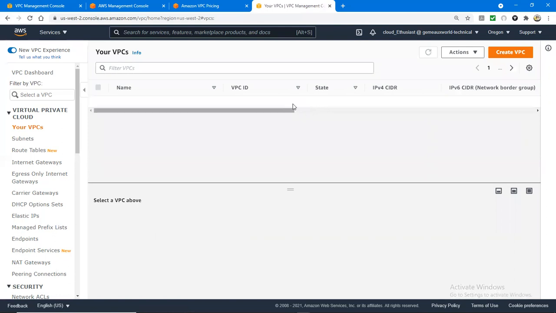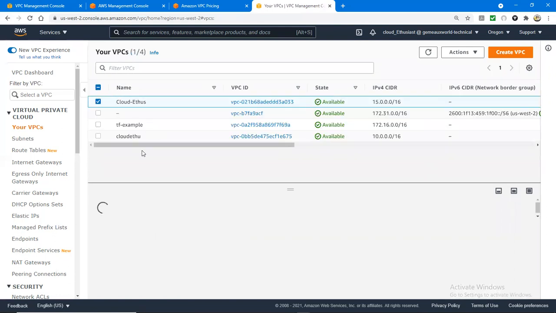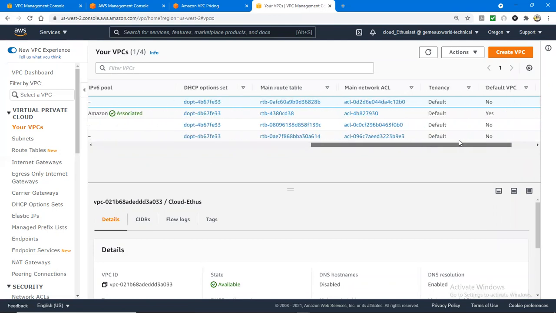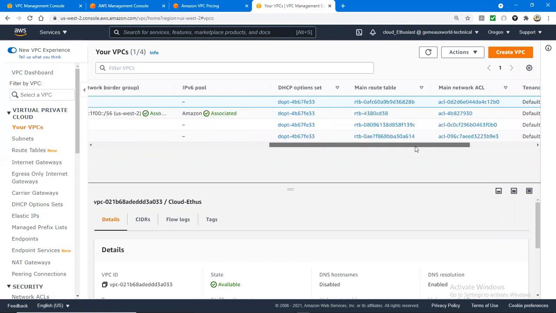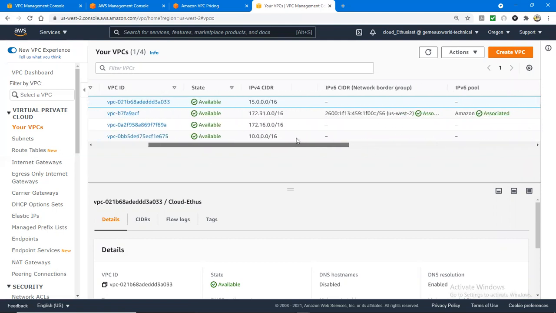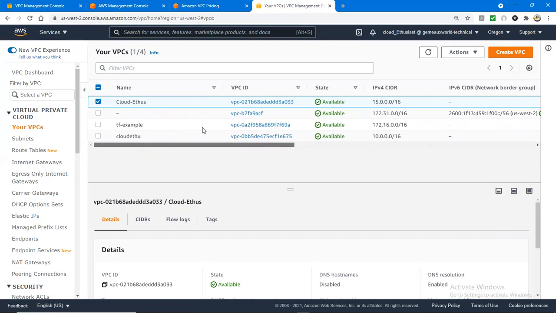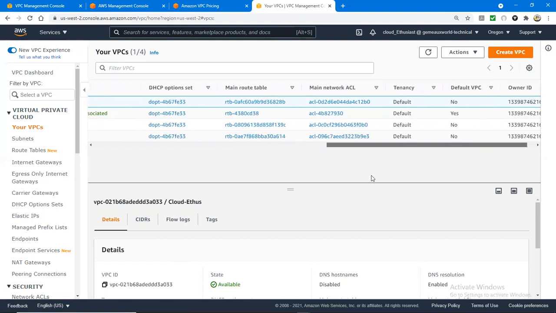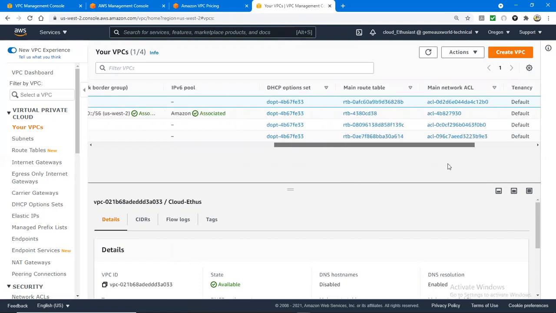I think I will find a way to get the subnets now. Okay. So we have 2 subnets attached to this VPC. Let me see if I reduce the size. So you get to see it, especially when you are using it. For example, if you even call a private subnet, you will see that it already has